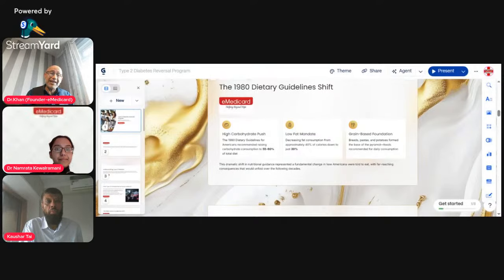The other thing they did is put in a low-fat mandate. Everywhere you're seeing low-fat milk, low-fat consumption. They reduced the fat consumption, which was very good in those days, from approximately 40% of the calories down to just 30% of the calories. So they reduced the good quality fats as per the recommendation, and they added a lot of carbs. When people and industry started following this recommendation, we started seeing a rise in